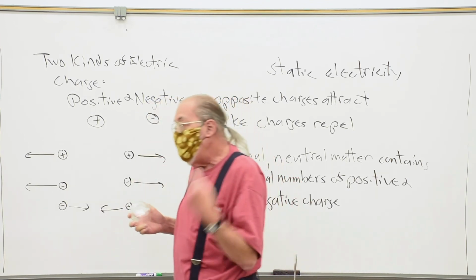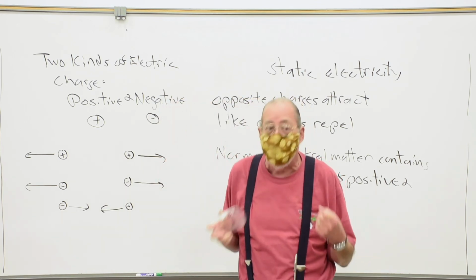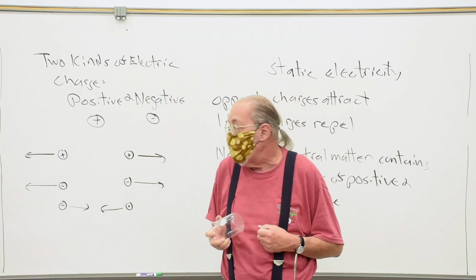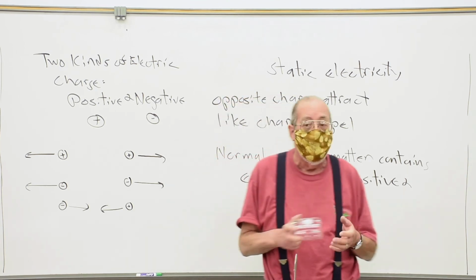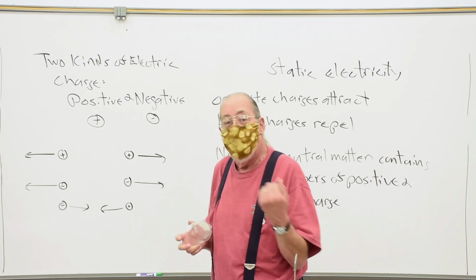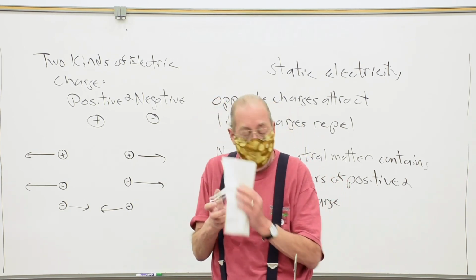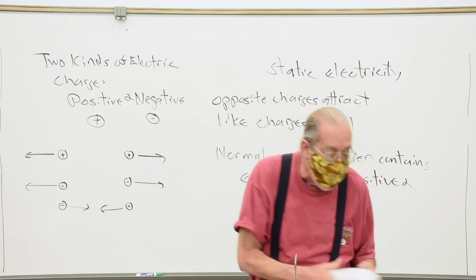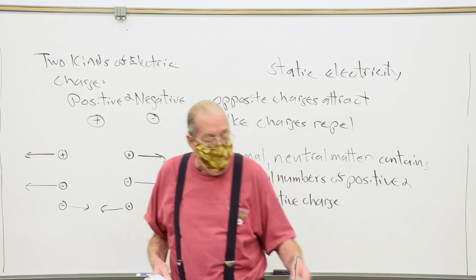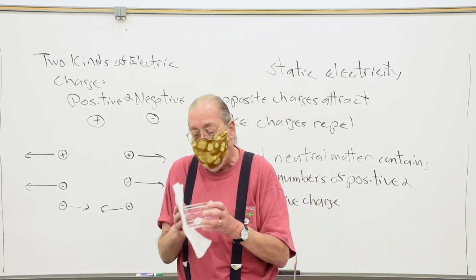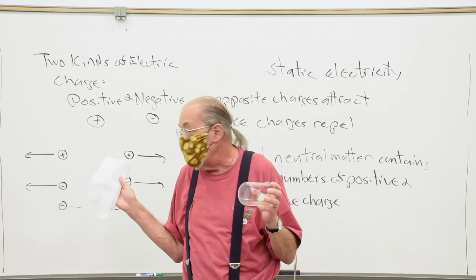Having too few negative charges means you have an excess of positive. It means you're positively charged. Having too much of the negative charge means that you have too many and you are negatively charged. So what actually happens here is you transfer the charge from one to the other. Experiments will show, and they discovered this right away, that not only does the rubbed object become charged, but the rag does too, with the opposite charge.